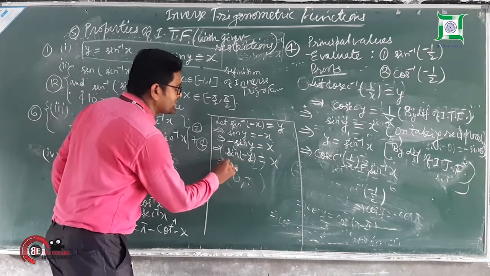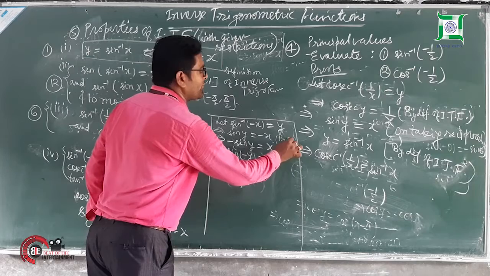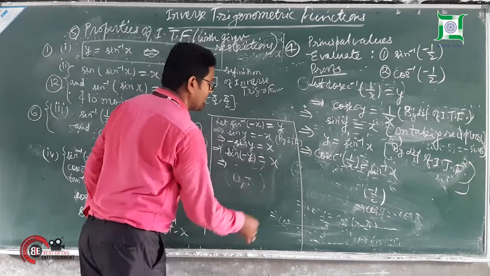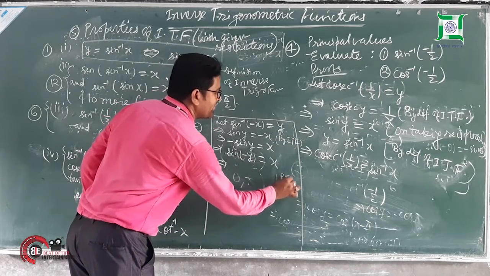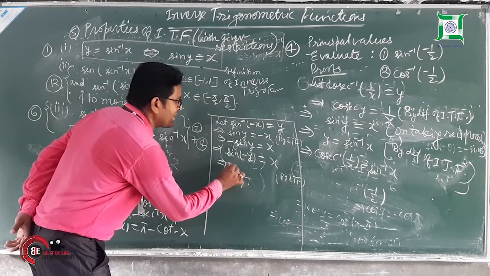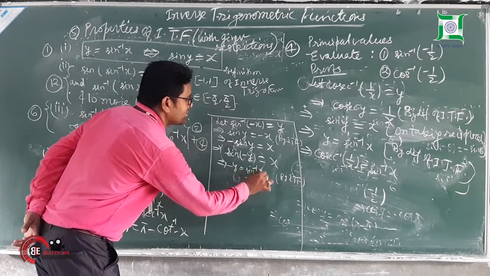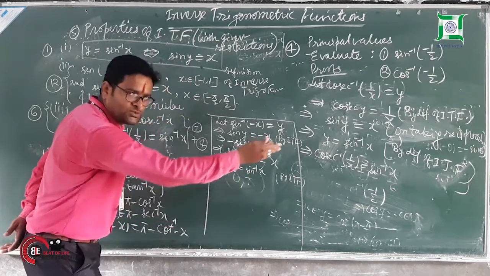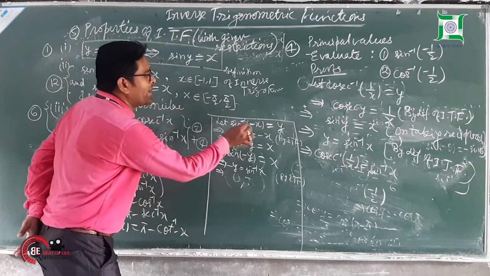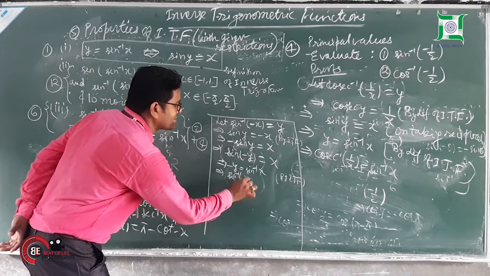Now again make the inverse. Again use the definition. You have to write here, by definition of inverse trigonometric function. Here also you have to write where I am using it. Now see, can we write it as minus y is equal to sin inverse x? So shift the minus to that side. You will have y. What is y here? Sin inverse minus x. So can I write sin inverse minus x?